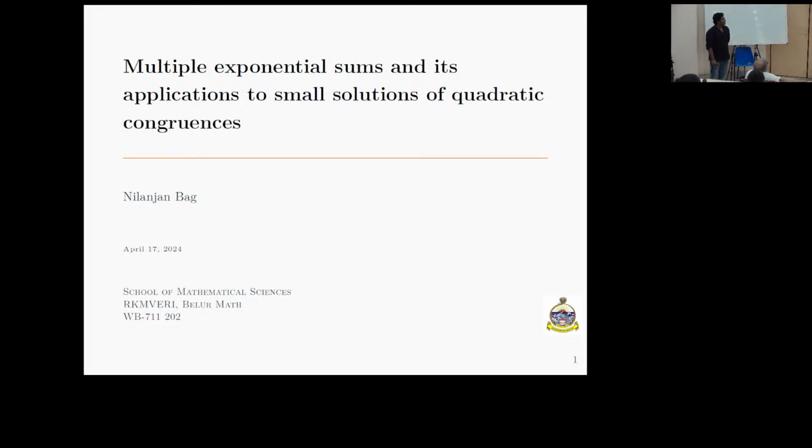This is work done recently jointly with Professor Stephen Bayer and his student Anu. It is on multiple exponential sums, and we'll find some example applications. How can a bound for exponential sums be applicable to find solutions of some quadratic congruences? As there are many undergrads, I want to first define what a basic exponential sum is and why those are important, then I'll go into the details.